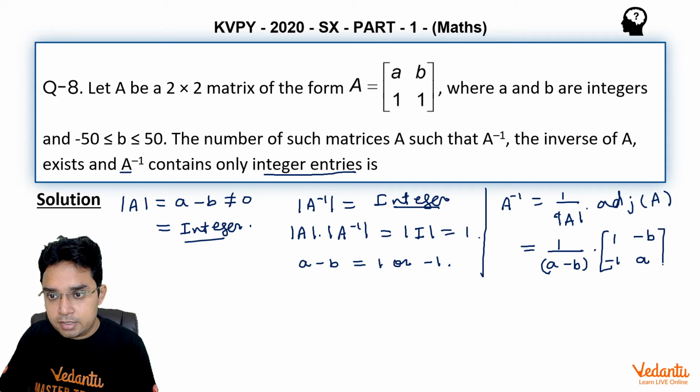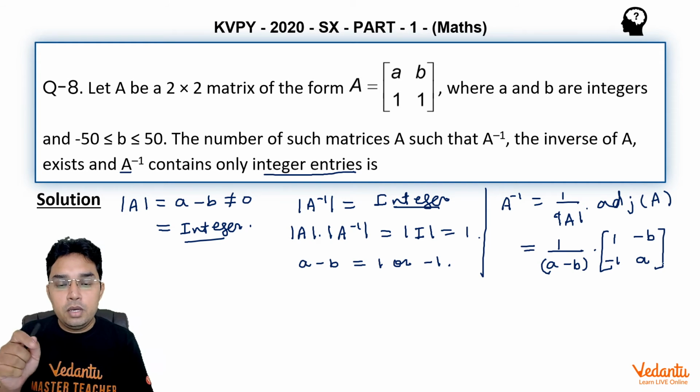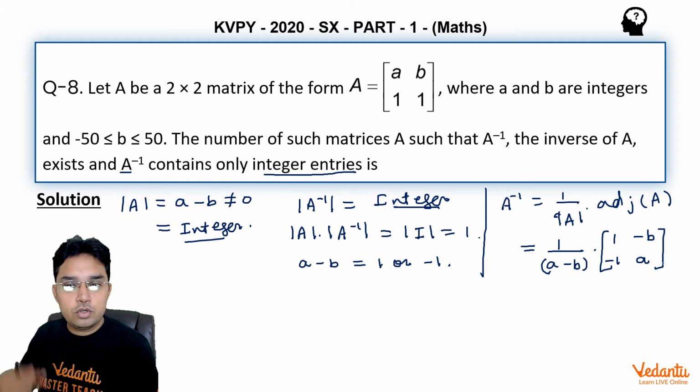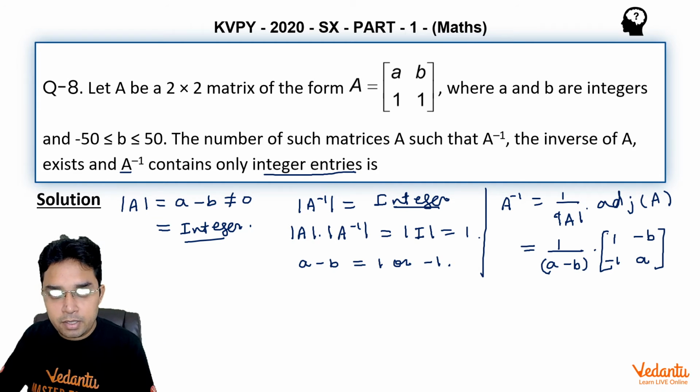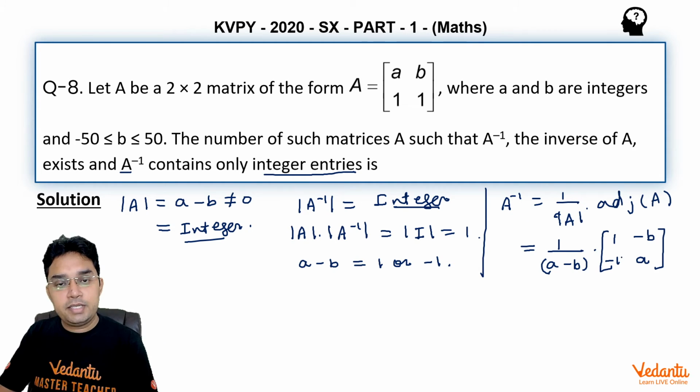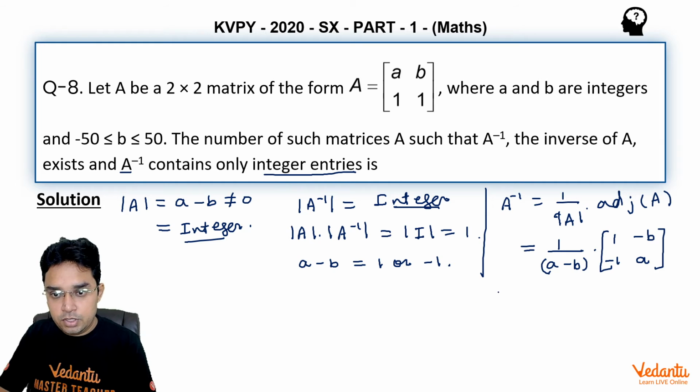You can look at this by taking cofactors of individual elements also, but this is one direct method. Now because A inverse has all integral entries, a minus b should divide 1 also,